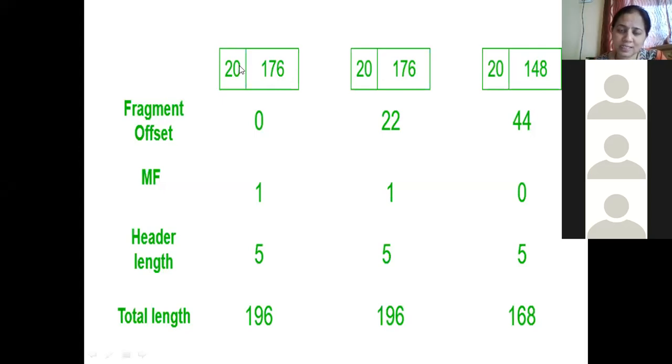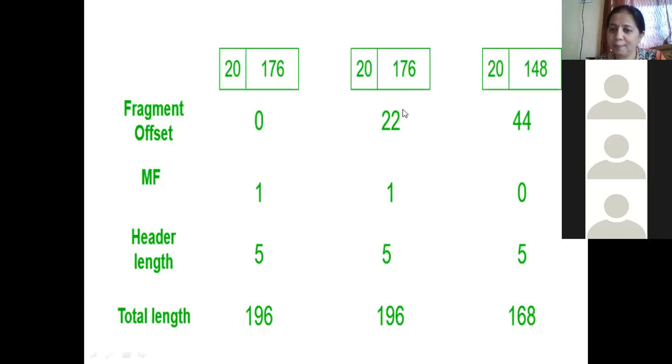So for the first fragment, the fragment offset value will be 0 because this is the first fragment itself. For the second and third, the fragment offset says where it has to fit. For the first fragment, there is no question of offset because that itself is the first chunk. So the second chunk should be fitted where? That is decided by the fragment offset. That's why you can see below the first fragment, the fragment offset value is 0, meaning invalid. It is to be ignored.